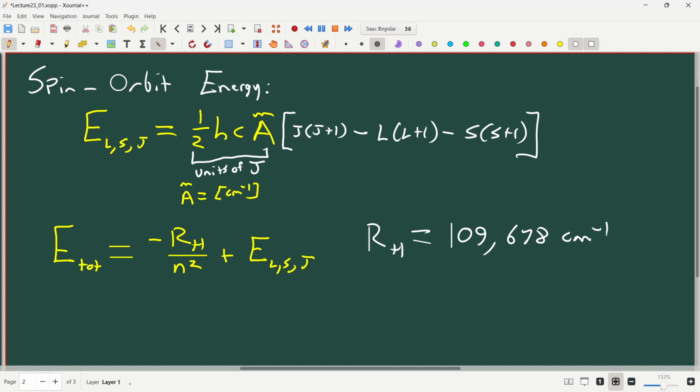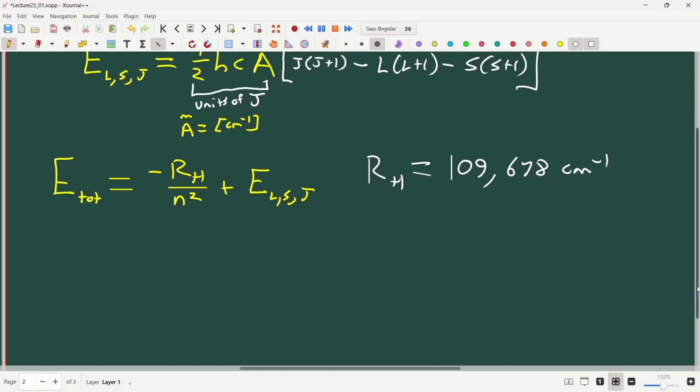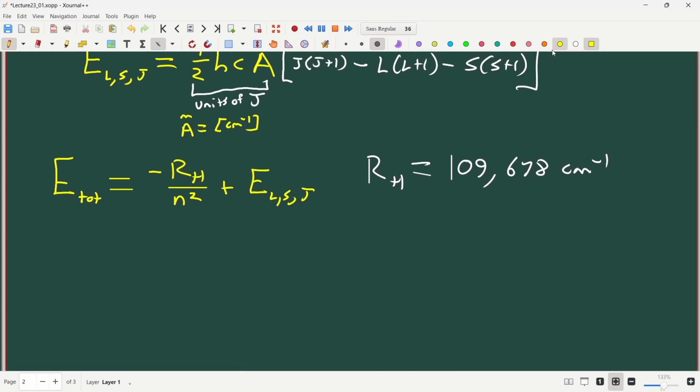So if you do a little bit more analysis, you can actually come up with a nice little approximate formula for A, the spin orbit coupling constant. If I can find it. Notes. Yeah, here it goes. Right, and what you find, with a little bit of math, is that A